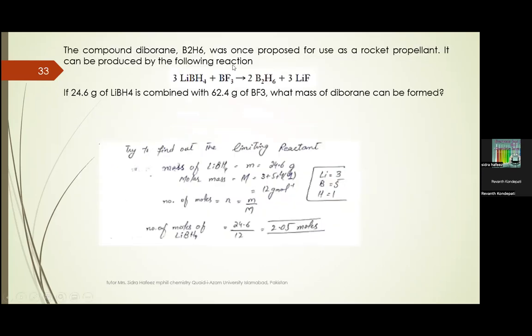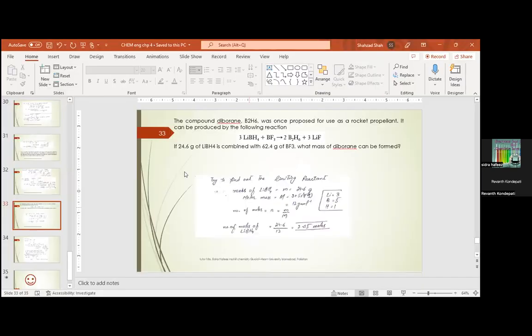Now we have another question problem, and I think this is the last one. The compound diborane, B2H6, just like alkenes, was once proposed for use as a rocket